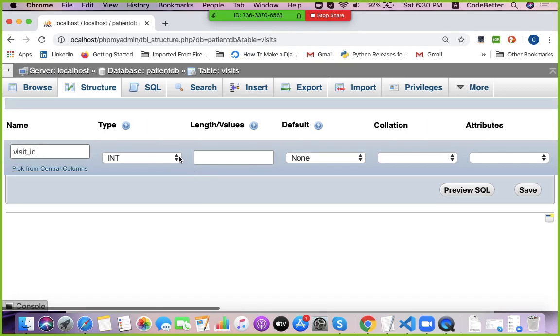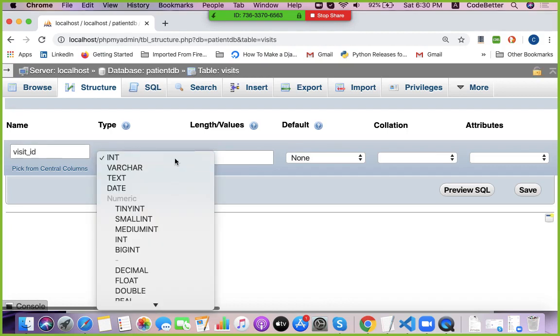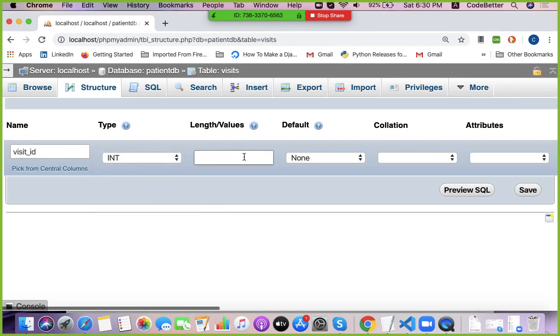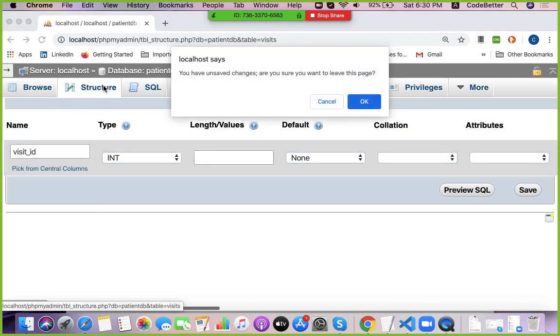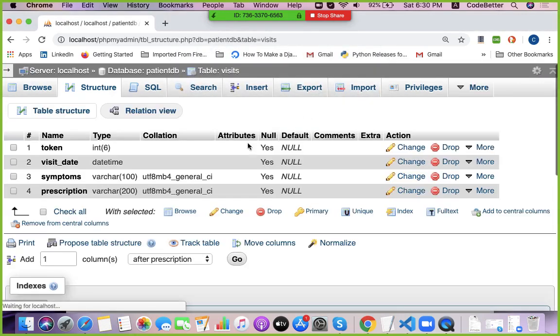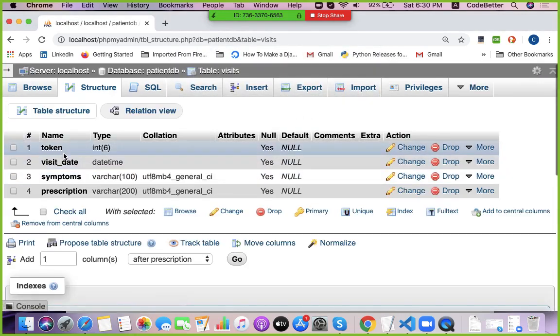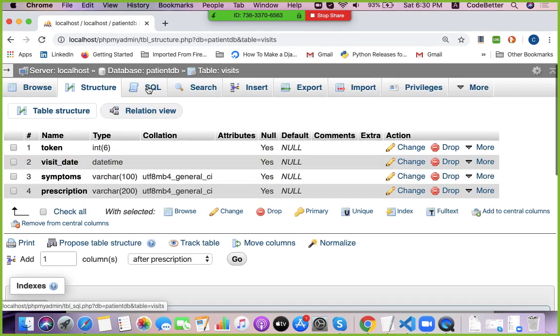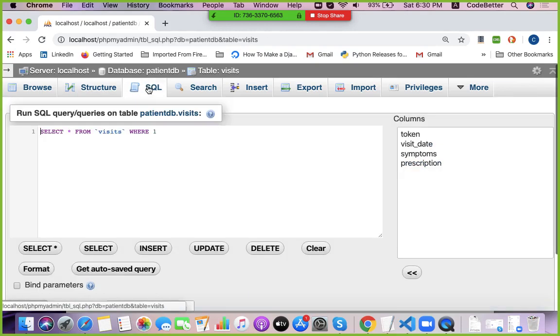It should be unique. Or let's ignore this visit ID. We can just make use of the column that we have already added. We'll add this column later on.